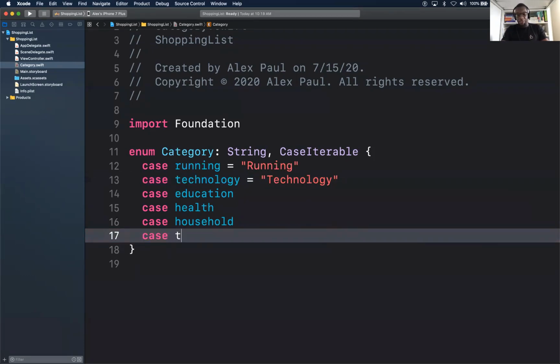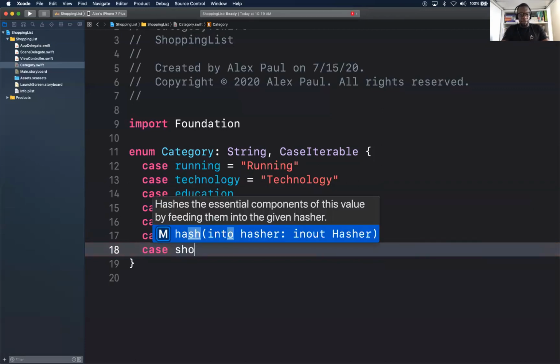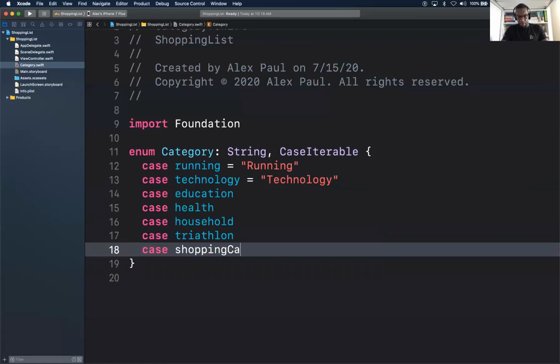If it's more general for you, you could totally just do fitness. But for me, it's more finer than that. So I could have running shoes. I could have swimming goggles. Oh, okay, got you. And we'll have a shopping cart. Yeah, feel free to make it personal to you.